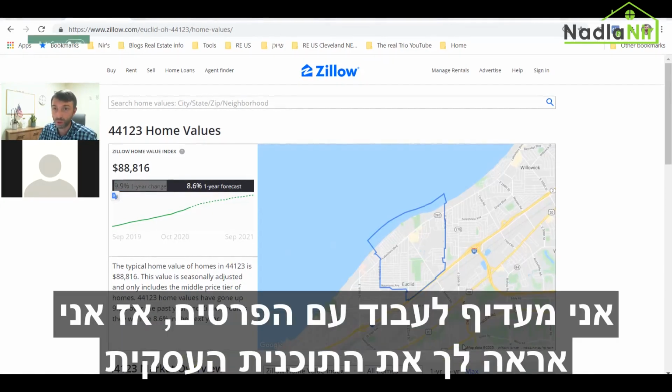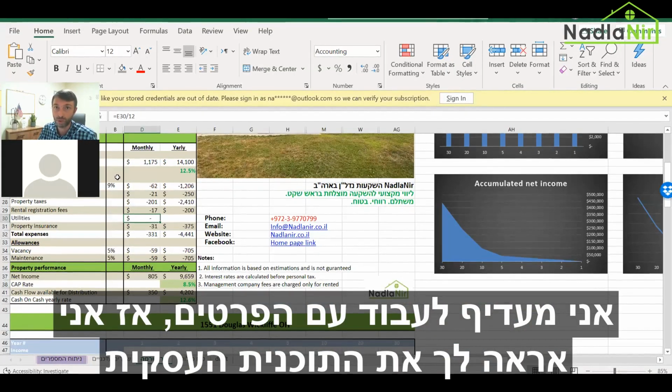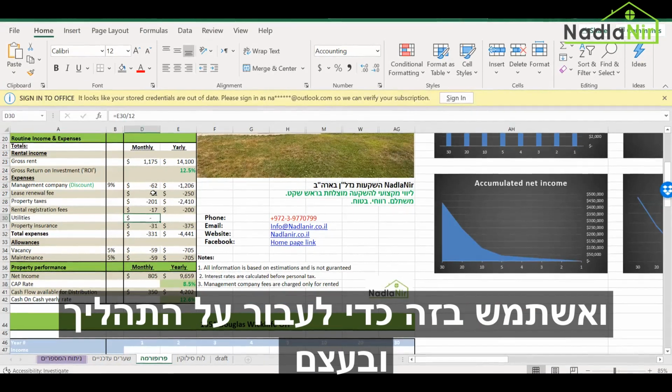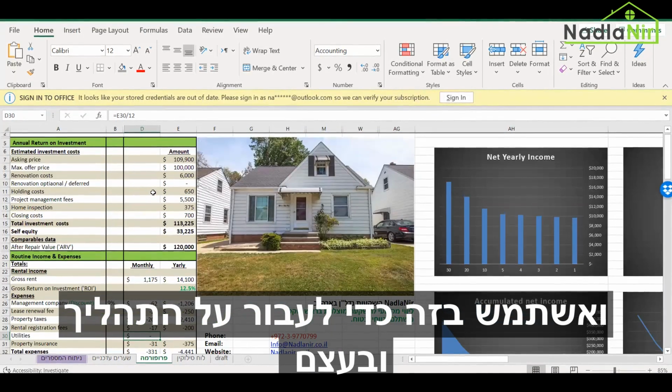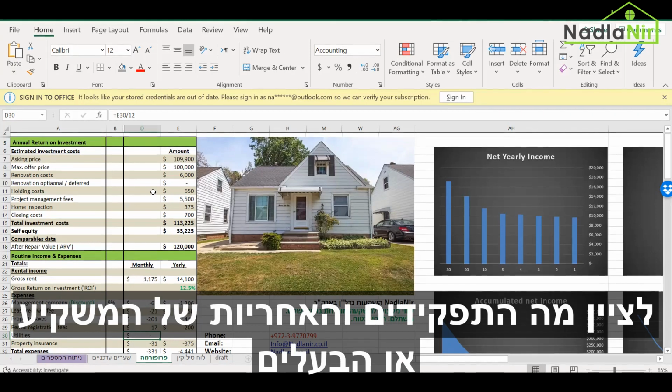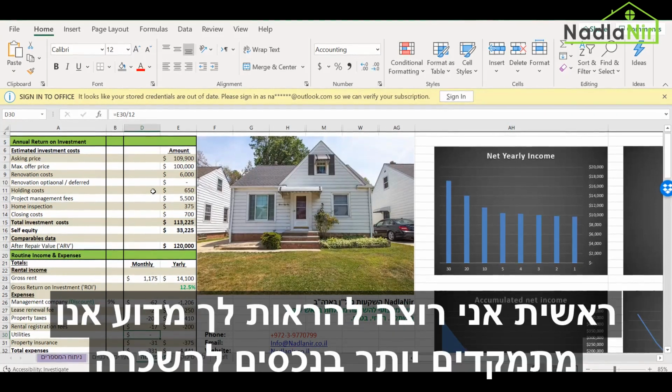I prefer to work with the details, so I'll share with you just a pro forma, and I'll use that to walk through the process, who is doing what, and basically what are the roles and responsibilities of the investor or the owner. So first of all, I kind of showed you why we are primarily focusing on rental investment